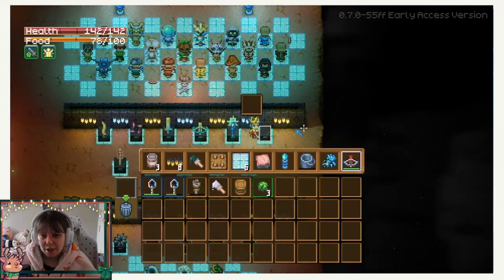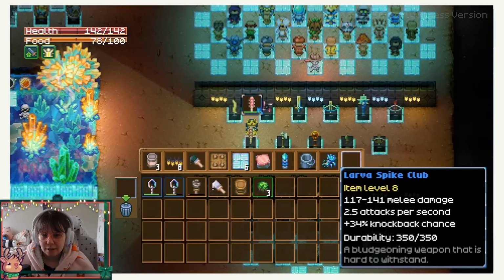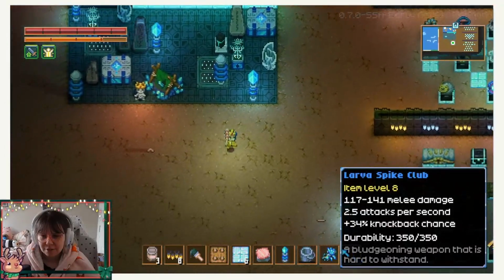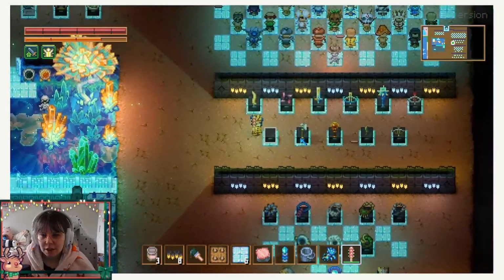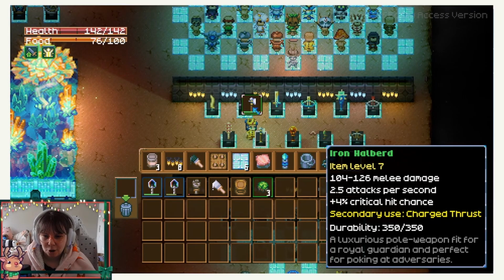Then we've got another club I can see, which is the Lava Spike Club, which you can get in the clay biome. So does this have a secondary use? It doesn't have a secondary use. Yeah, no secondary use, but that's how it sounds. So that's cool. And then we have an iron halberd